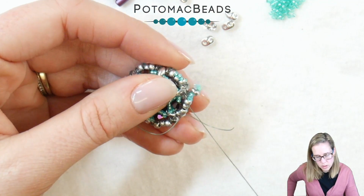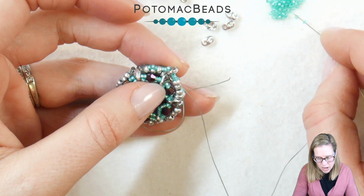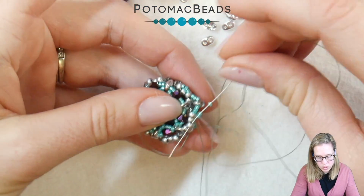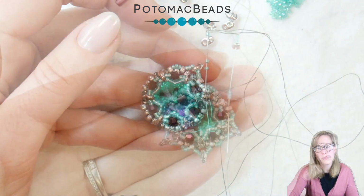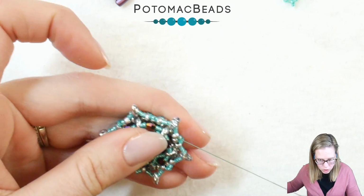Again, this is our 6-pointed star, so repeat that 5 more times for a total of 6. 3 15s go on through the next 8, and then 3 more 15s, SuperDuo, 3 15s, continuing the whole way around our piece. For our finishing touch, as you come around and put on your last SuperDuo there, go ahead